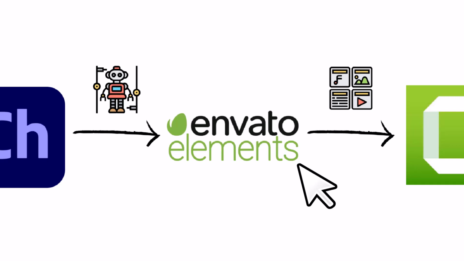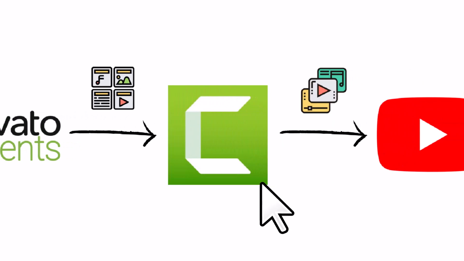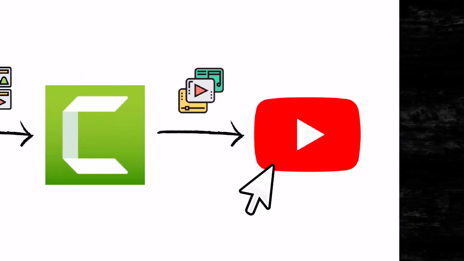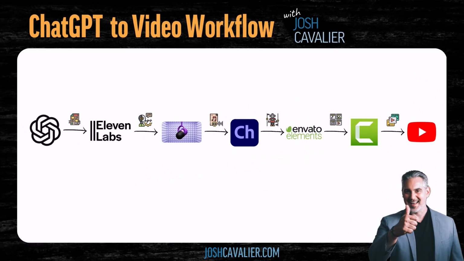They have a wide range of assets and templates to enhance your video, and we're going to be using an animated background for our character. And finally, for video editing, TechSmith Camtasia. Very easy to create professional-looking videos with this tool. And this is what I'm going to be editing my YouTube video with today. All right, let's go ahead and take a look at the detailed steps for creating this video.